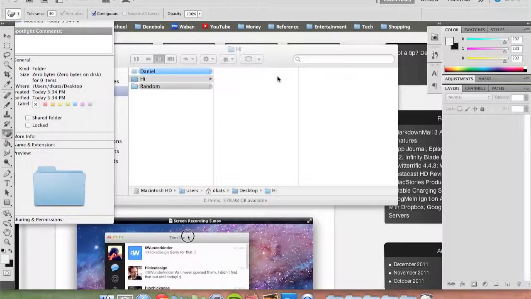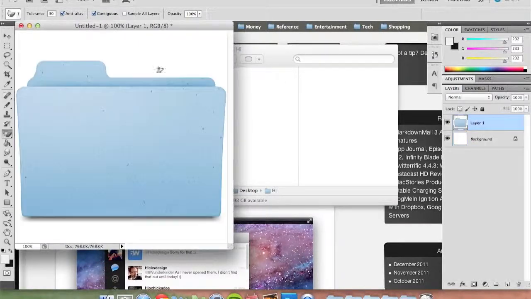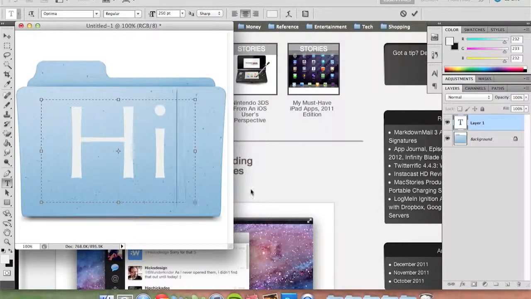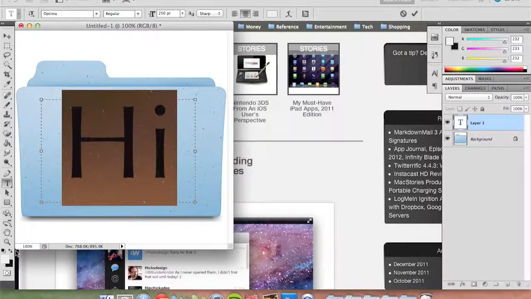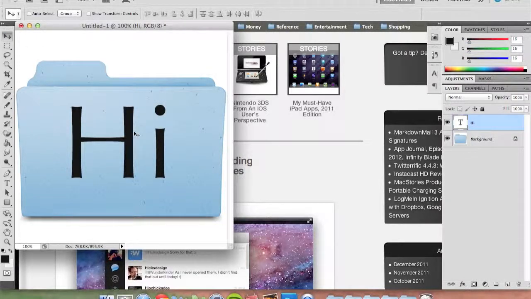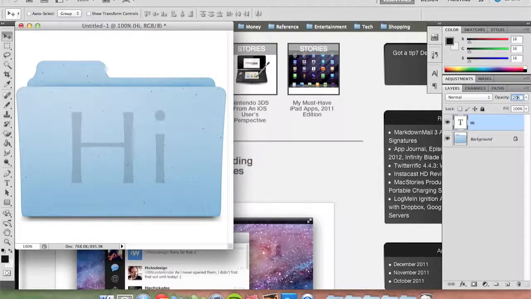I'm going to open up Photoshop and create a new document, and I'm going to paste that folder image in right there. Alright, so let's say I want to make some letters on the front of my folder, and we'll have it just say Hi, and we'll make it black. This is important, you have to do this, or you can pick another color. And so I'm going to set the opacity to 20,